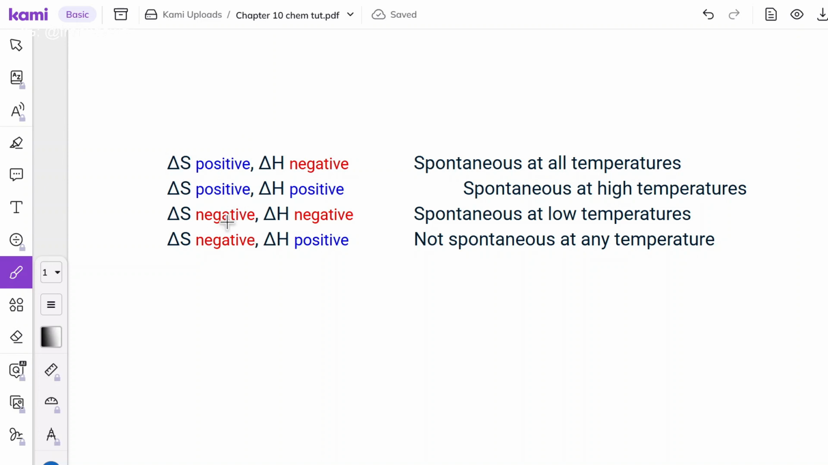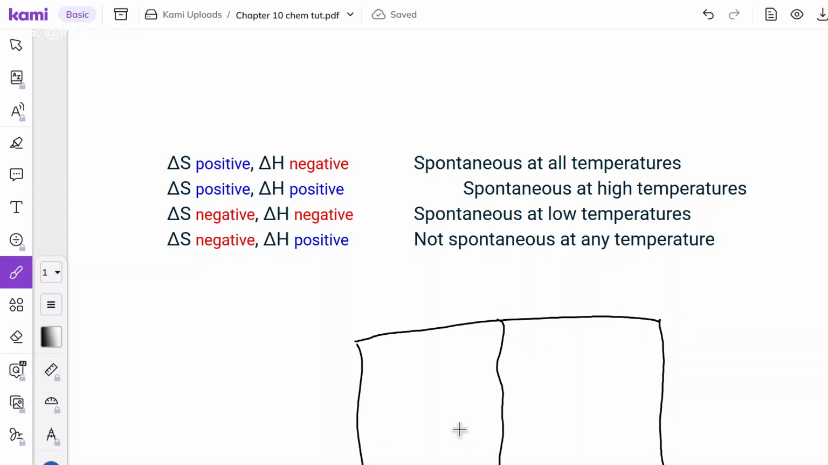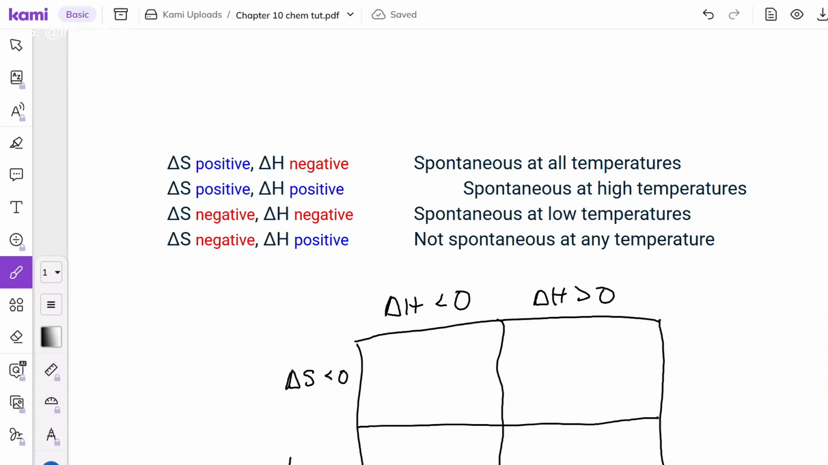Instead of memorizing this, you can use a kind of Punnett square, a chart. At the top of the chart, it's all about delta H: when delta H is negative and when delta H is positive. On the side, it's when entropy is negative and when entropy is positive. Then you write out the equation on the side, where delta G is equal to delta H minus